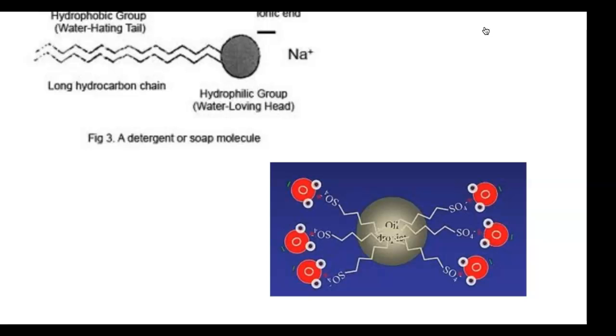Now, what I'm showing you here is actually a soap molecule. What they call the hydrophobic group, the water-hating part, is nonpolar. That's going to get any dirt to cling to it because it's all kind of nonpolar. And the ionic end, that sodium ion part with the grayish colored circle, is the water-loving head. That's going to pull everything towards the water so it can be washed away. Okay? So this is literally what a soap or detergent molecule looks like and how it can pull